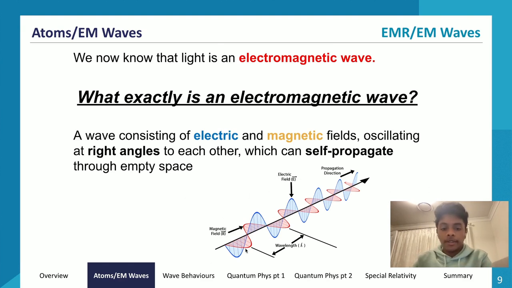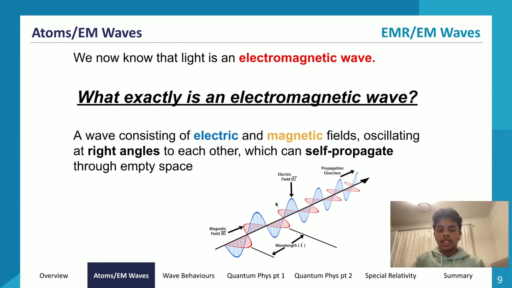If we look at the axes now, if we're trying to think about it in axes, the propagation direction, we'll consider this the Z axis, so into the page. The magnetic field is the X axis, so it's perpendicular. The X axis is perpendicular to the Z axis, so the magnetic field is oscillating perpendicular to the direction of propagation. And the electric field is in the y-axis, which is perpendicular to both the x and z-axis. So the electric field, magnetic field, and direction of propagation are all perpendicular to one another. This is also a good definition for electromagnetic waves.